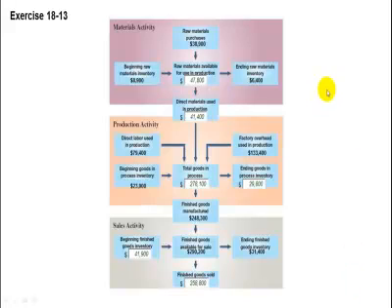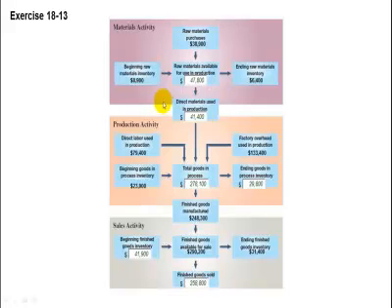In this exercise, we have three different areas that they want us to get an understanding of. First would be materials activity, then production activity, followed by sales activity. And I've already filled the blanks in for the missing numbers, but we'll go over how each of these numbers